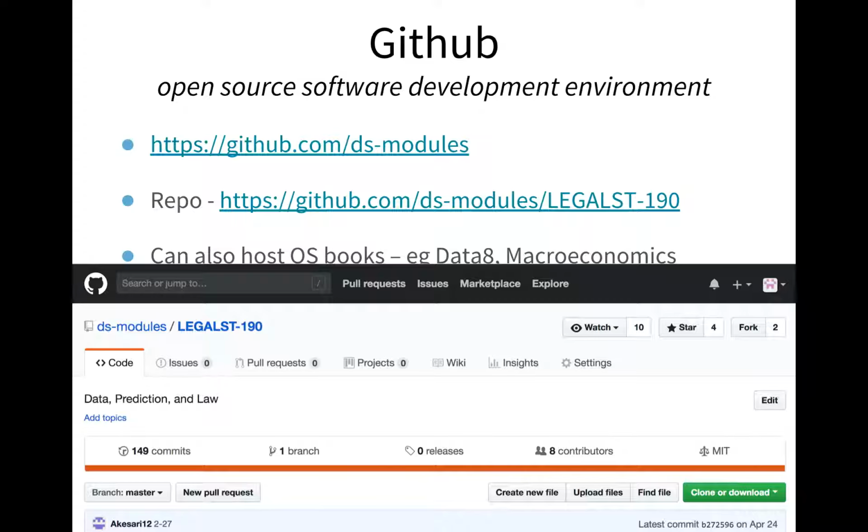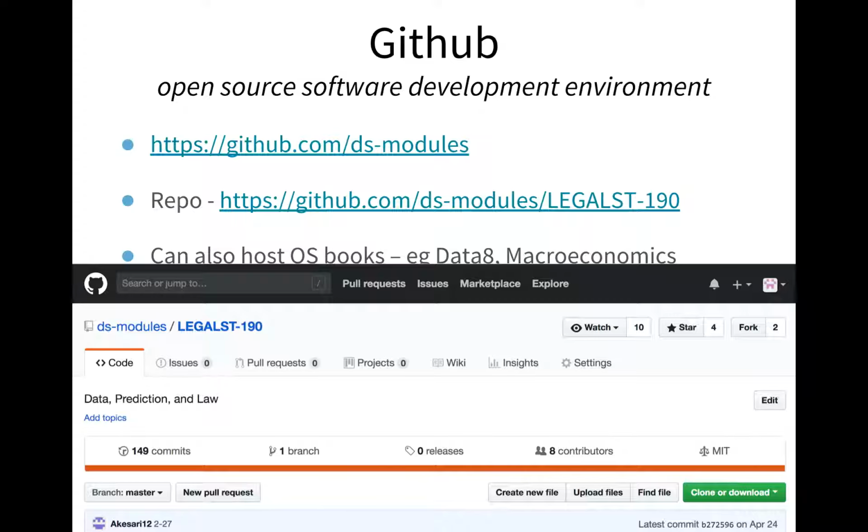And you can click around. There may have been an issue. There may have been a pull request. There'll be different contributors. Commits: every time somebody changes the code, it's called a commit. There's a whole bunch of terminology about GitHub that you don't have to actually learn, but you can observe it and take it in. If you're interested, you can make yourself a GitHub account. You don't need to, but you can. And we'll show you how to get in there and work around.